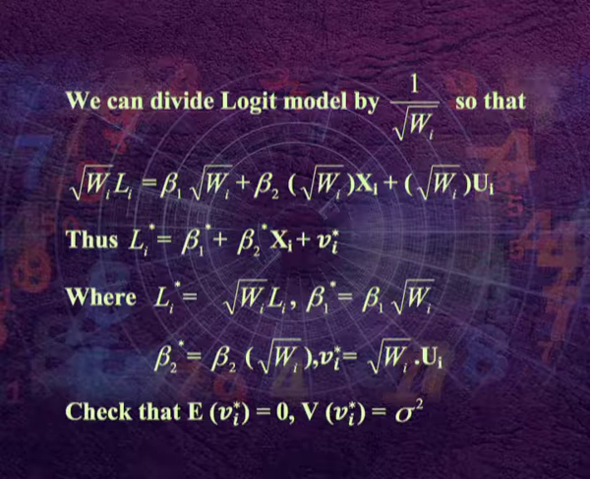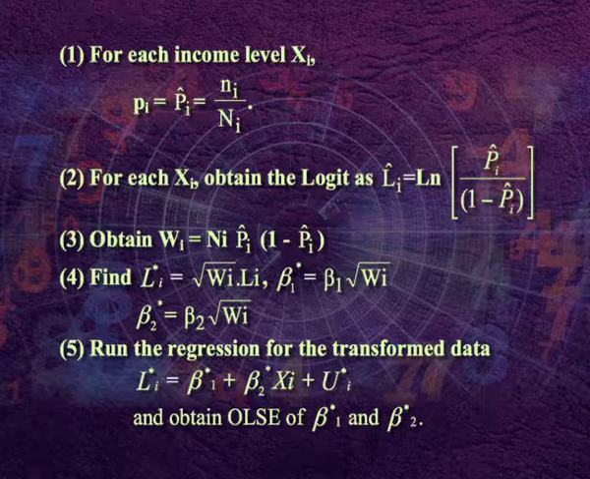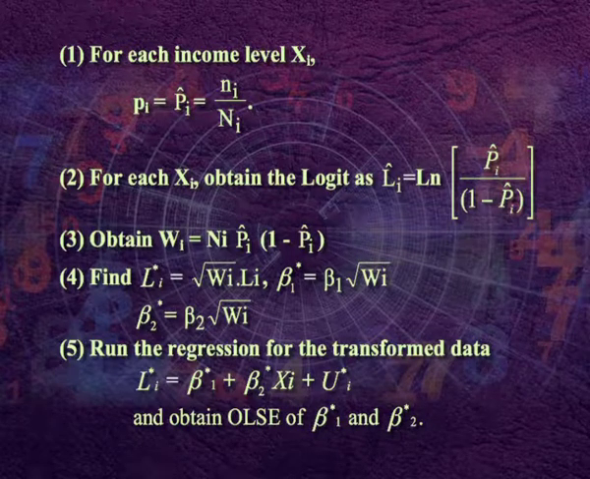Check that expected value of vi star equal to 0 and variance of vi star equal to sigma square. Hence, the transformed model has heteroscedasticity. Even though originally there is heteroscedasticity, we follow the estimation procedure as: Number 1. For each income level xi, compute the probability of owning a house as Pi cap equal to